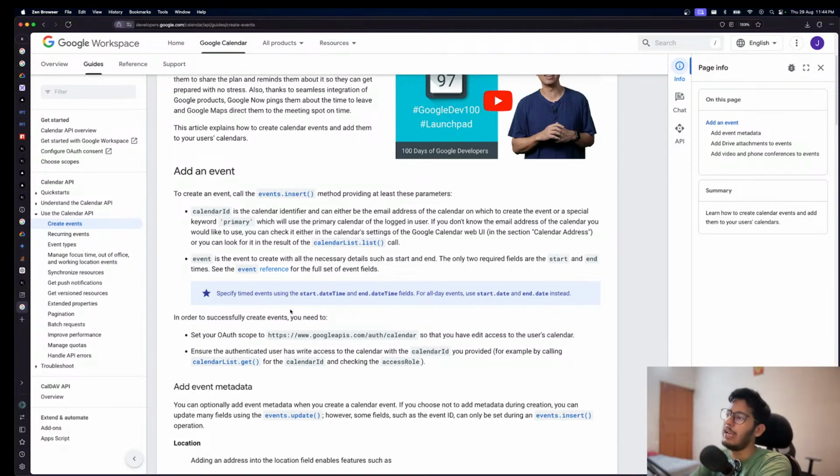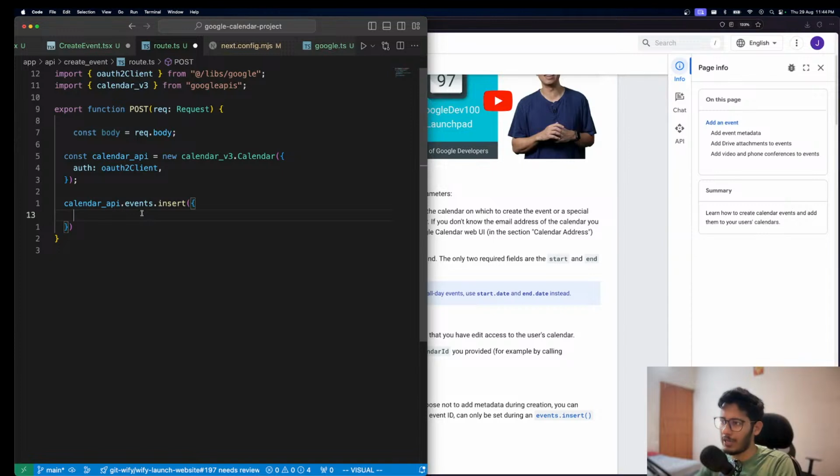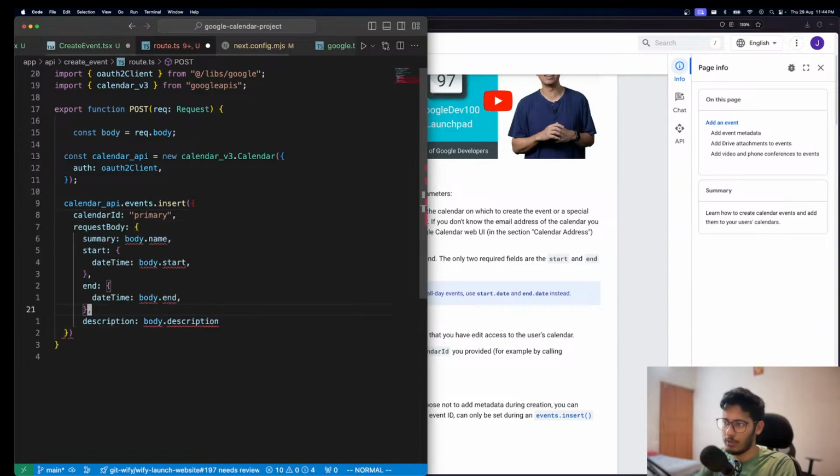The calendar identification can either be the email address of the calendar on which to create the event, or the special keyword primary, which uses the primary calendar of the logged in user. So I think I'll be using primary, because whatever the primary calendar of the logged in user is, I want to use that. So first of all,